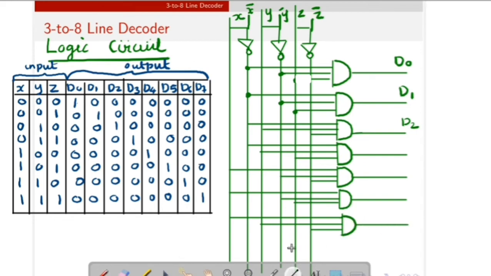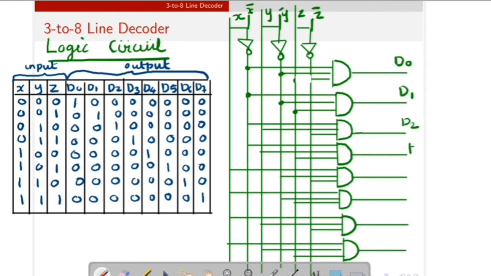This is D6. Then D7 is X, Y, then Z. Okay, so we can write all the outputs.